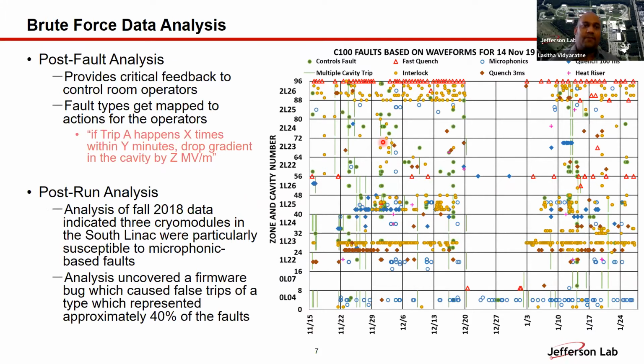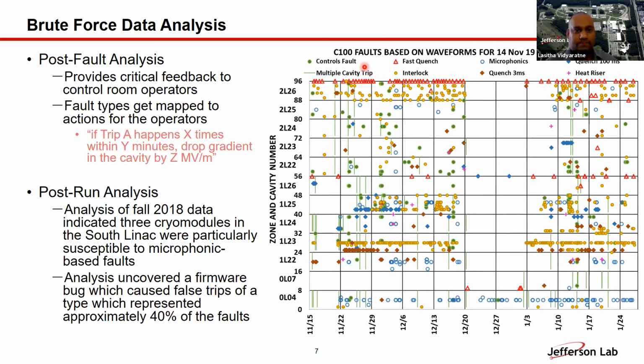Once we have this kind of timeline, we could do data analysis in 2 ways. The first is post-fault analysis, which is analysis of failures within a short period of time, maybe a few hours, a day, or maybe several days. Now, this can provide critical feedback to control room operators for them to map these fault types to actions. So, for example, if these fast quenches happen, let's say 5 times an hour in a given cavity identified by the data, the operators could reduce the gradient of that cavity so that